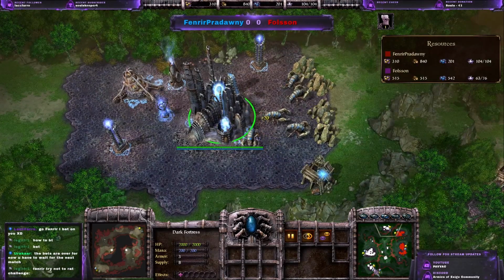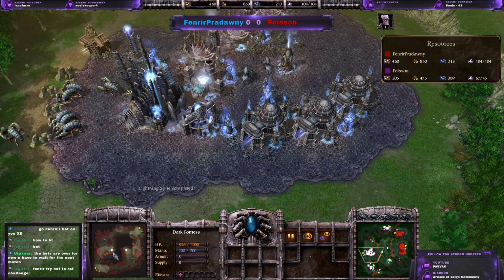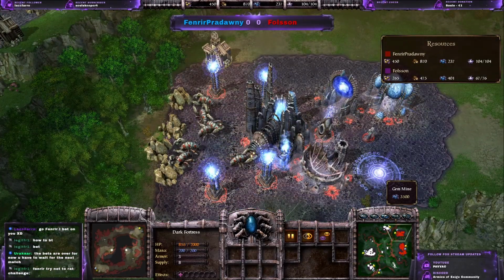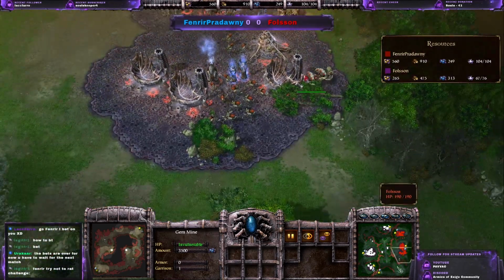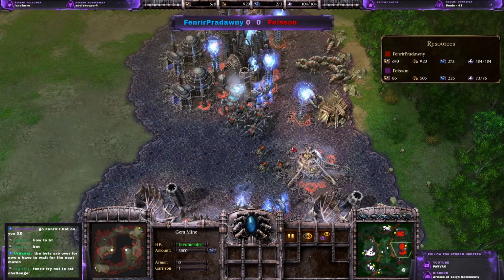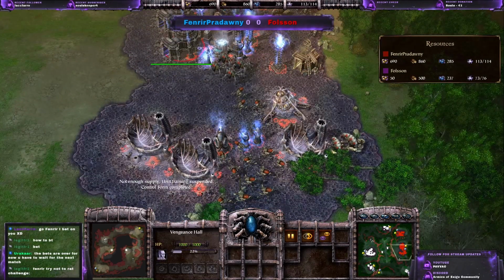Yeah, probably a little bit more harvesters will be needed in the expansions of Fenrir, but as I said, he has more expansions and warehouses, so he will still have more resources. Folsson is actually not even using this Gems Mine, which is definitely a huge mistake. Fenrir has definitely more population now. You also see some Nightmares being built by